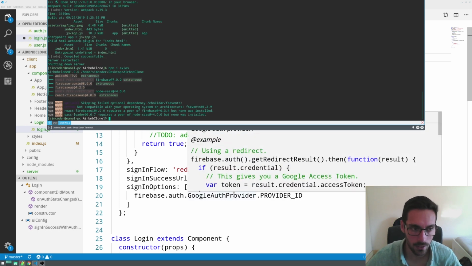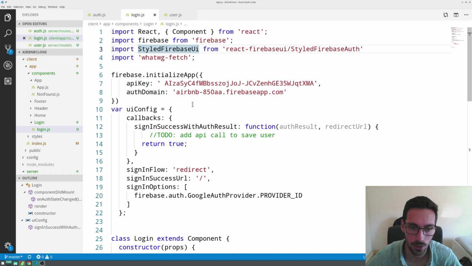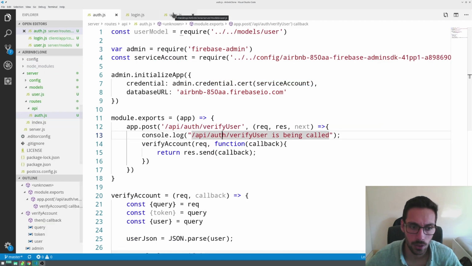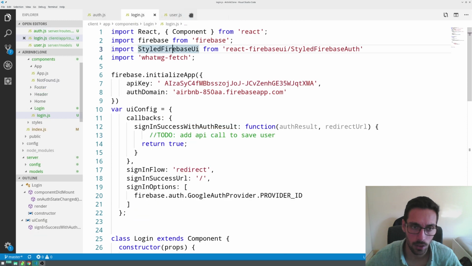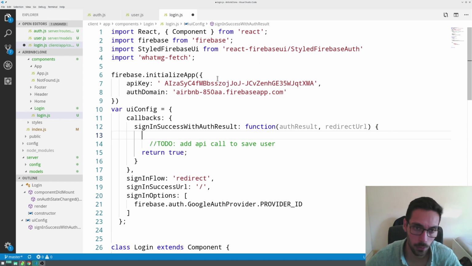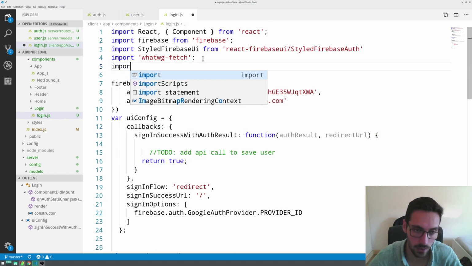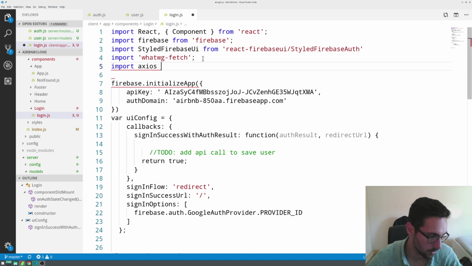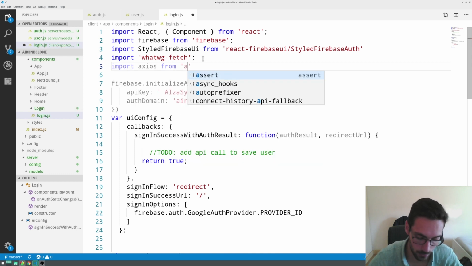Okay, after that's done, I'm going to first of all save here and go to the auth.js, no, login.js, that's right. So this is our front end, and in here, as you remember, we have the sign-in success with auth result, and I added a to-do here saying add API call to save user. To do this, we simply have to import Axios first from Axios,